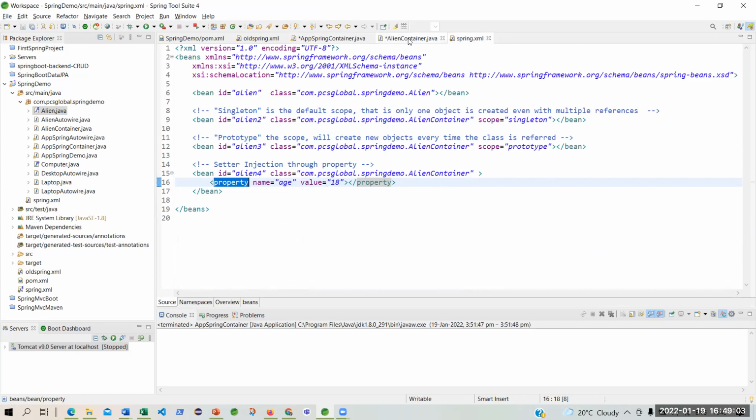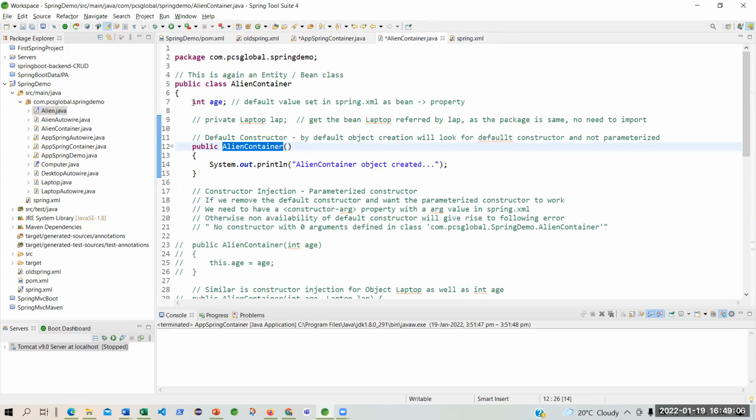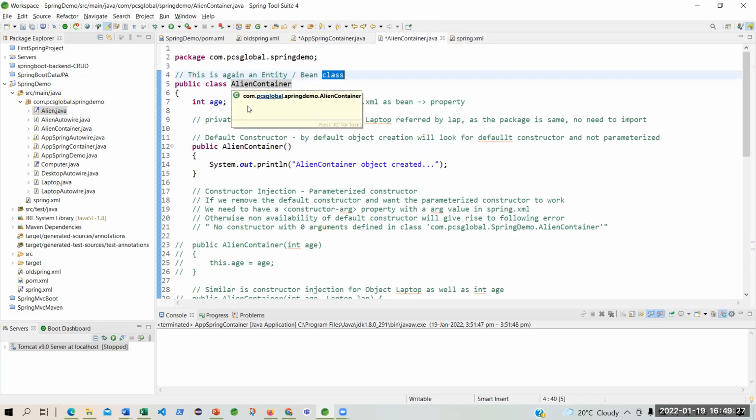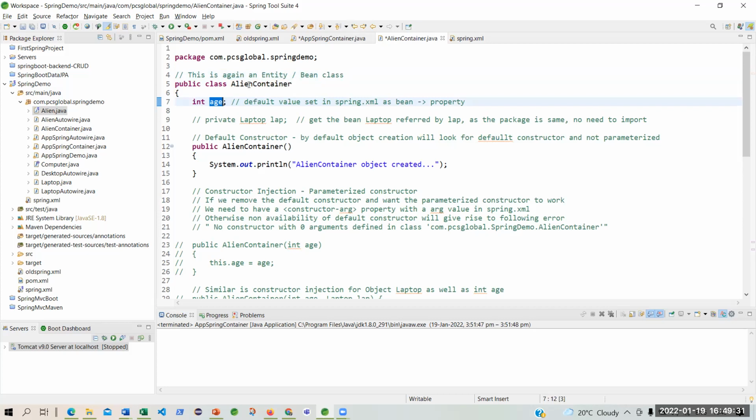At that time I was making that int age, I was making it off. Today I am making it on. So the property belongs to align container, and align container is an entity bean class. So if I have to change anything of a property of an entity class, I would have to do it through what?